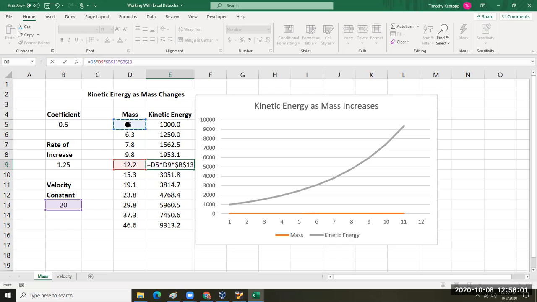See, otherwise, look, watch what happens here. This is D6 or D5. When I come down here, I'm going to take this value, multiply it by 1.25, and I'm going to store the result in here. So I'm going to create a formula equals D5 times B9. That's what's in here. Equals,